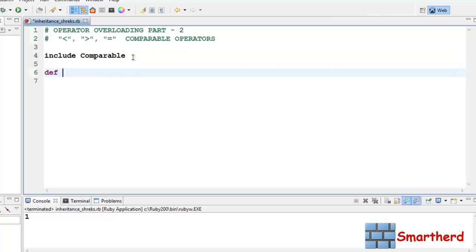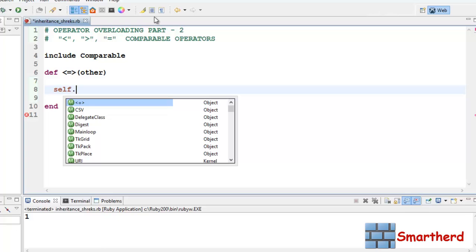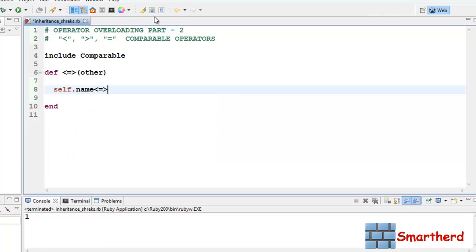Let us define a method <=>, with other. Then we just have to write self.name <=> other.name, where name is a variable.